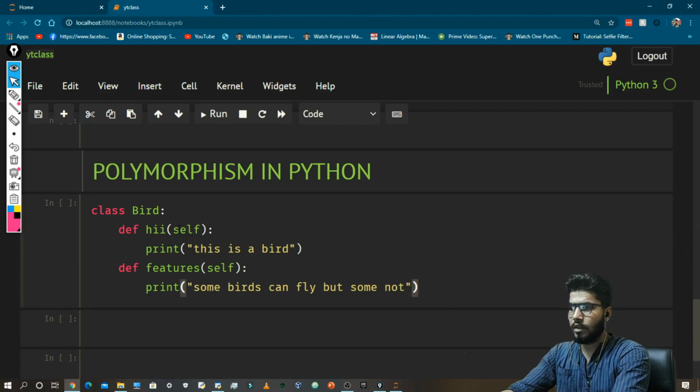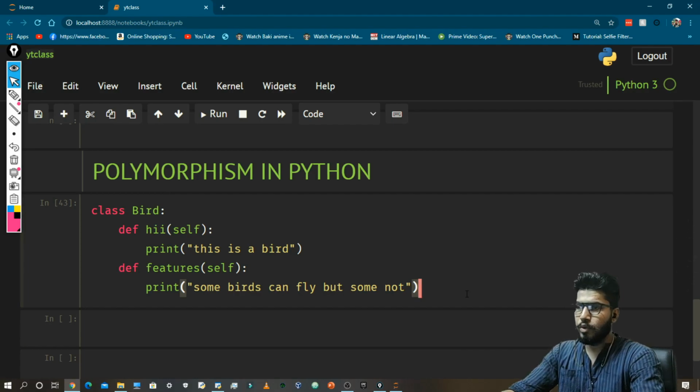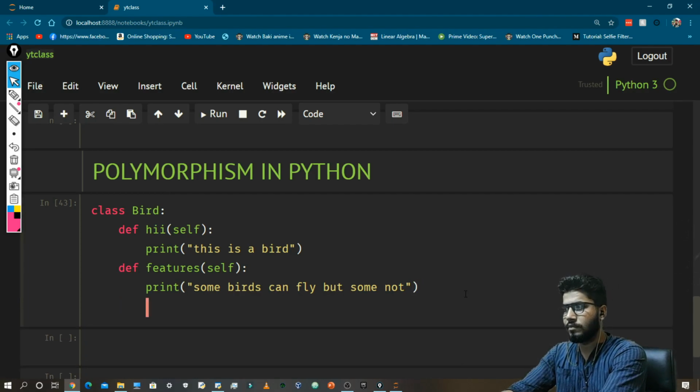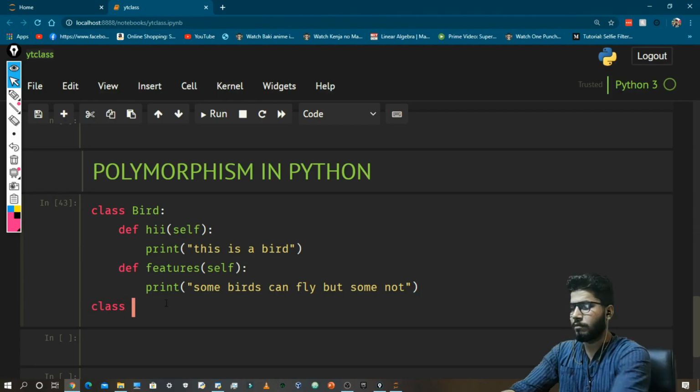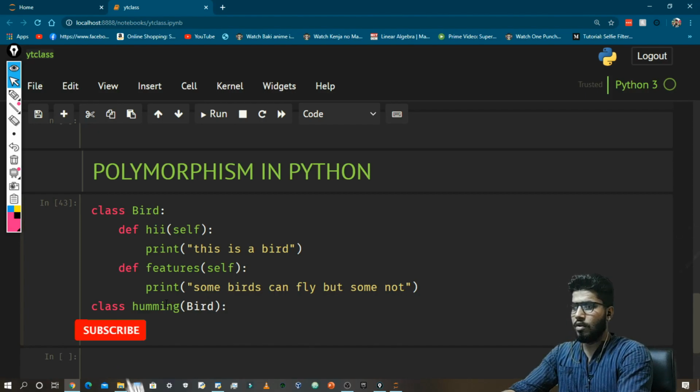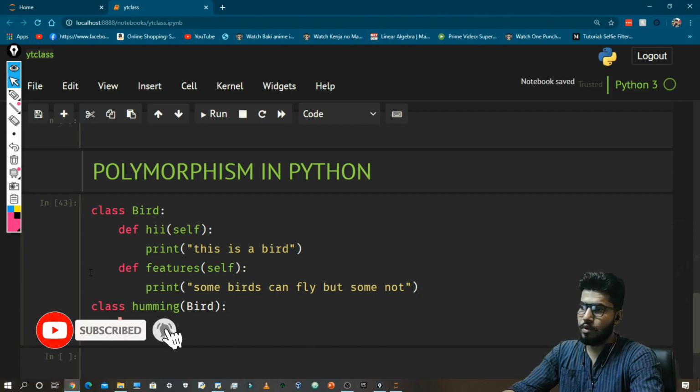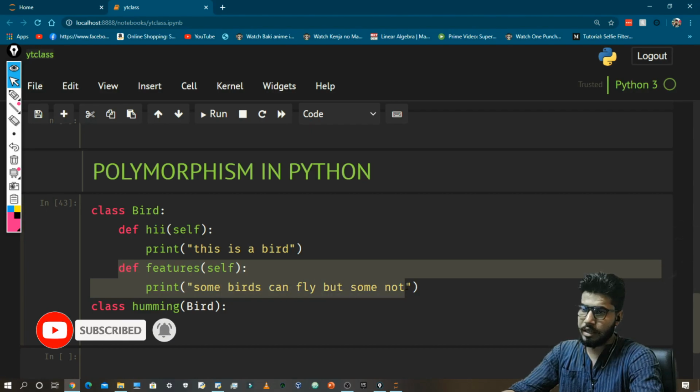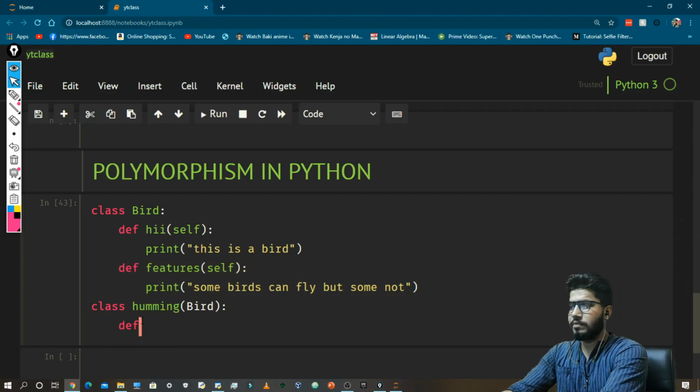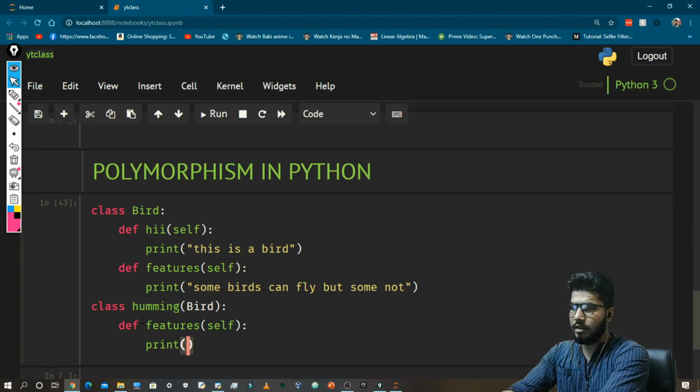Now I am going to create two more classes. Let's say class Humming, and I am going to inherit Bird in it. Now I am going to use the same function again, def features self, and I am going to print, I can fly.